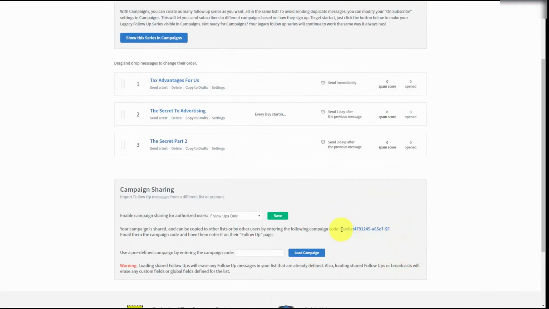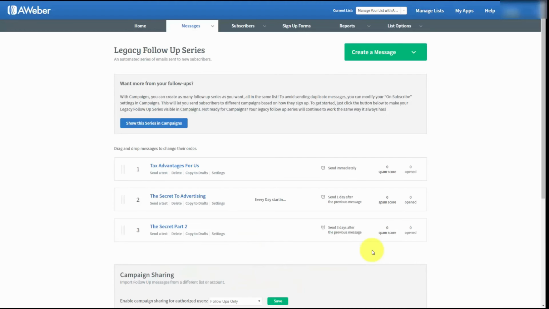What this means is that we can share this campaign code with someone else who wants to use the same messages in their business. They would do that by coming to their AWeber account and loading that campaign code in this space that says use a predefined campaign code. So the messages that we are